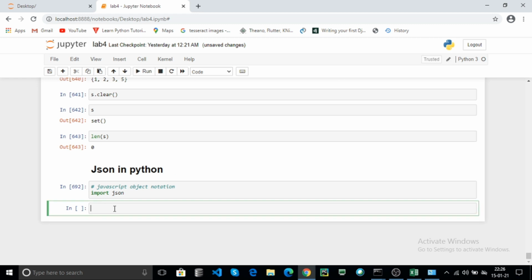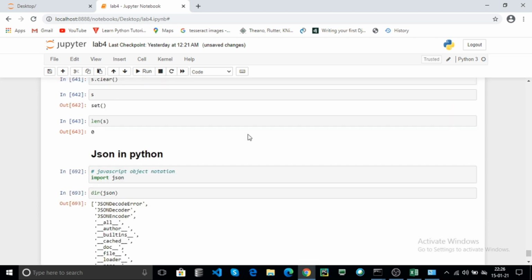Now check what the methods for JSON in Python are. You can use dir, it is the directory, and pass the json module or json object. Click on run.